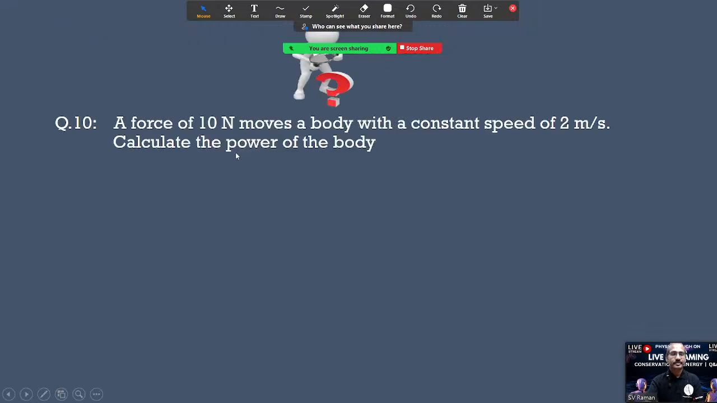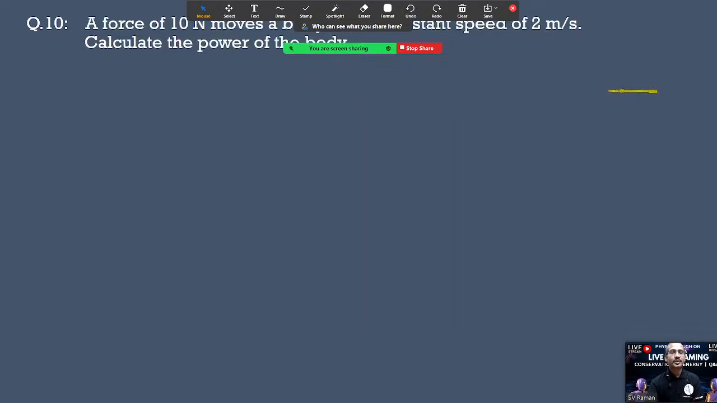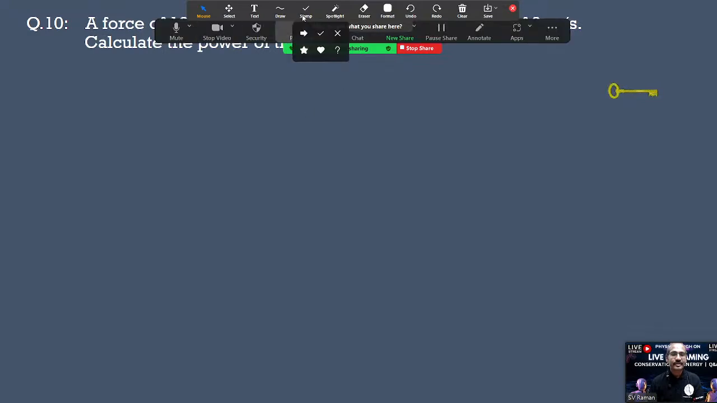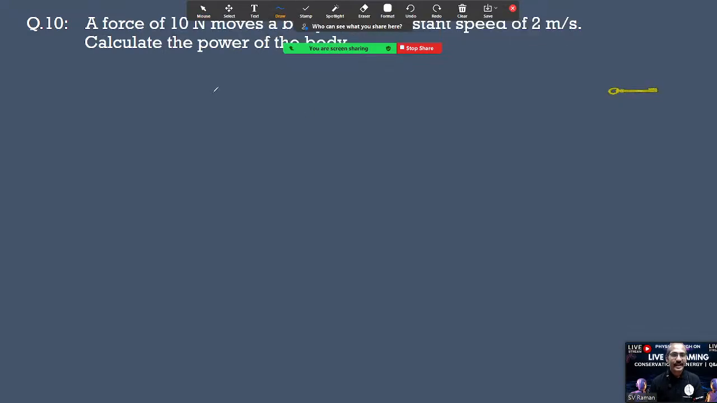Next question. A force of 10 newtons moves a body with a constant speed of 2 meters per second. Calculate the power of the body. So how to answer this question? You can see the force of 10 newtons. F is equal to